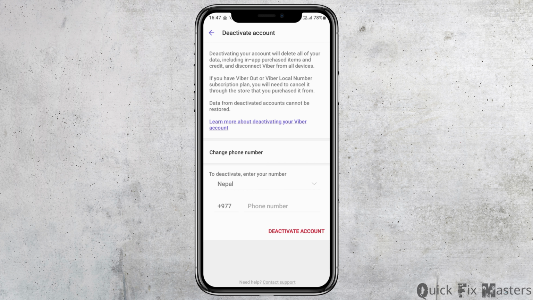Now you have to tap your very country here, and after that you also need to tap your phone number here. After you tap on your phone number here and tap on deactivate account, this way your very account will be deleted from the Viber